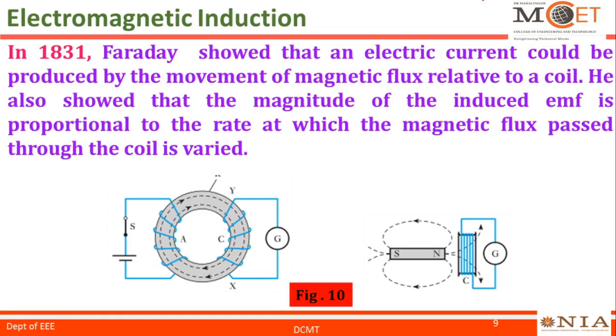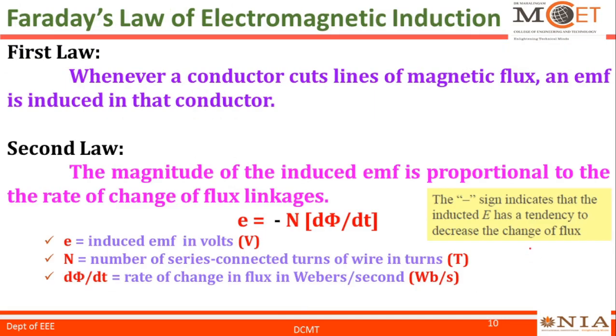In 1831, Faraday showed that an electric current could be produced by the movement of magnetic flux relative to a coil. He also showed that the magnitude of the induced EMF is proportional to the rate at which the flux passed through the coil is varied. So he found two laws. The first law states that whenever a conductor cuts lines of magnetic flux, an EMF is induced in the conductor. In the second law, the magnitude of the induced EMF is proportional to the rate